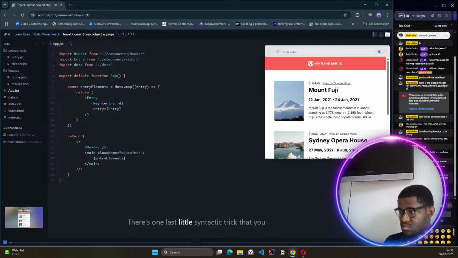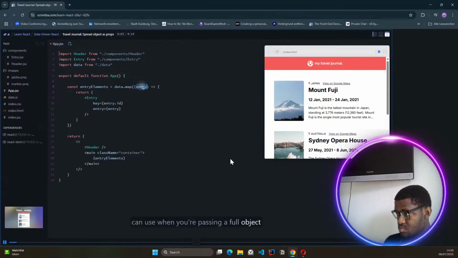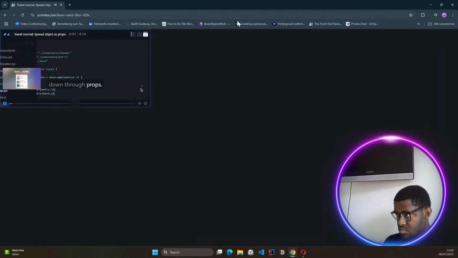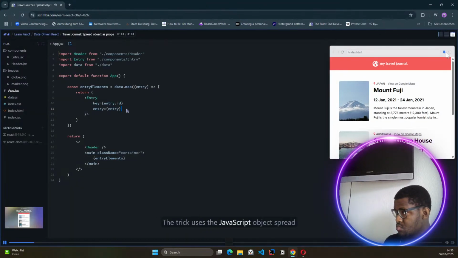There's one last little syntactic trick that you can use when you're passing a full object down through props. And I wanted to touch on it just in case you did see it in the wild, because the syntax looks a little bit confusing. The trick uses the JavaScript object spread notation, but instead of spreading the object itself,